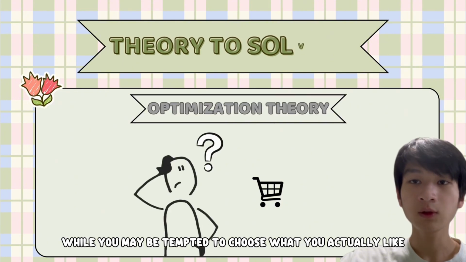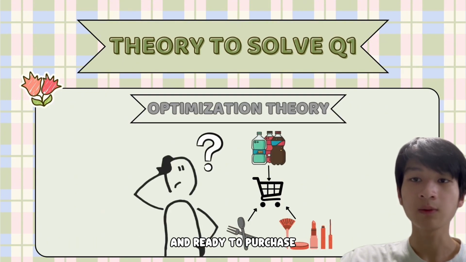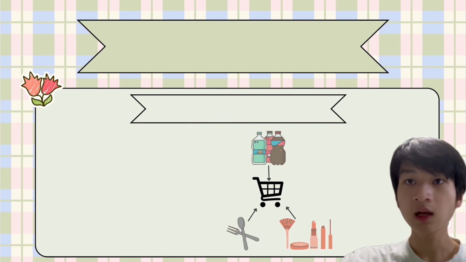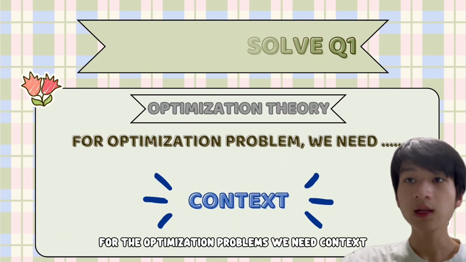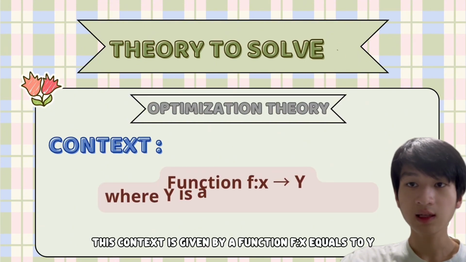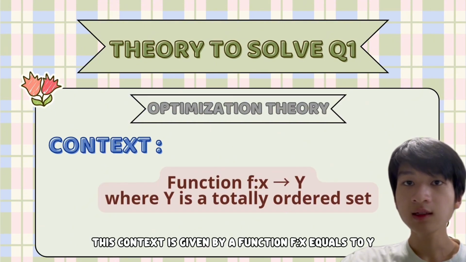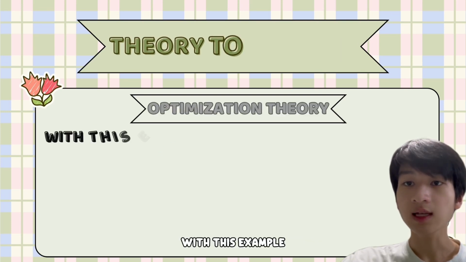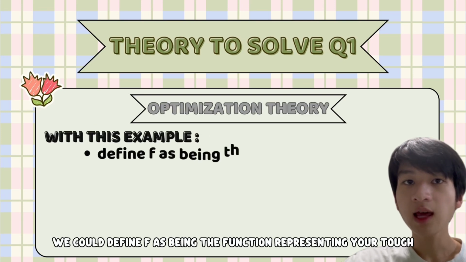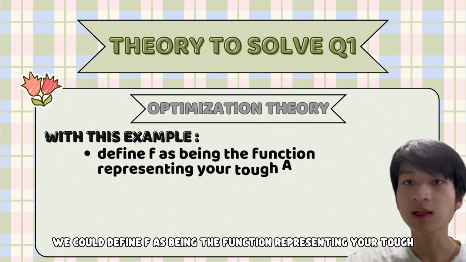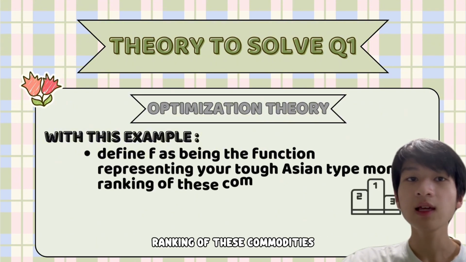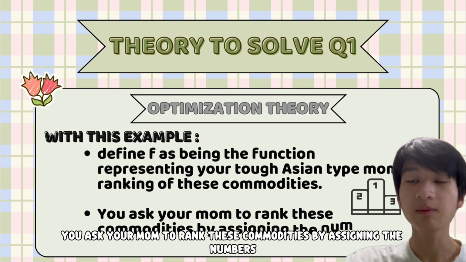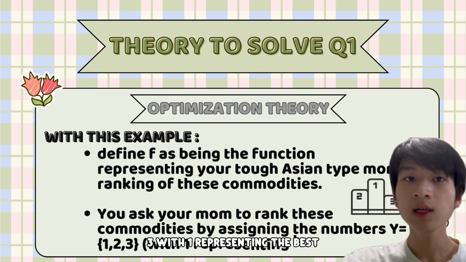While you might be tempted to choose what you actually like and are ready to purchase, we haven't finished setting up the optimization problem yet. For optimization problems, we need context. This context is given by a function f(x) = y, where y is a totally ordered set. With this example, we could define f as the function representing your typical Asian mom's ranking of these commodities. You ask your mom to rank these commodities by assigning the numbers y = 1, 2, 3, with